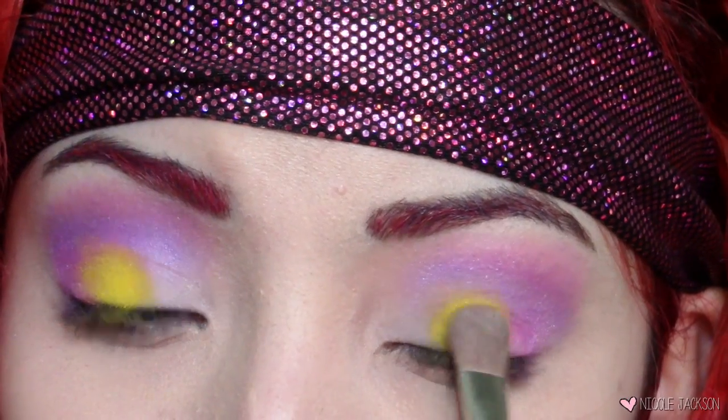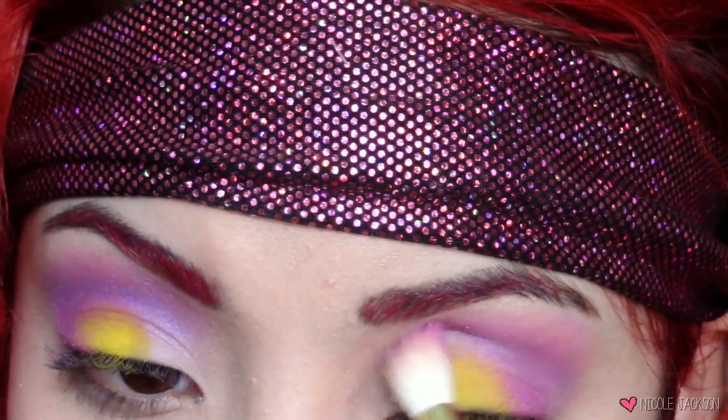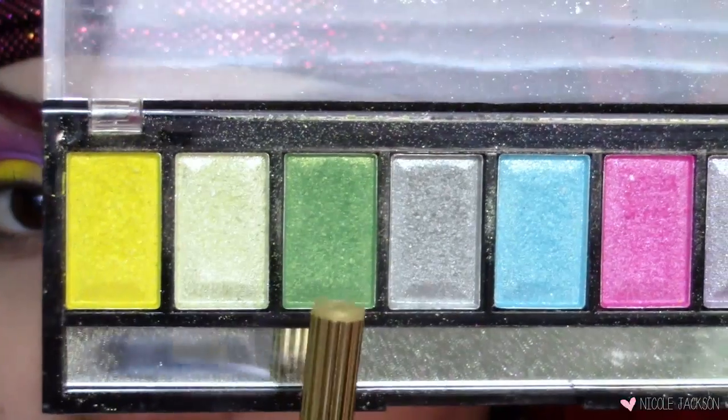Then with my blending brush that I used previously, I'm just going to blend that all together. I'm going to try to not get the color in the yellow. Make sure to stay away from the yellow. Then I'm going to be taking a green color, and all of these colors are pretty bright, as if you